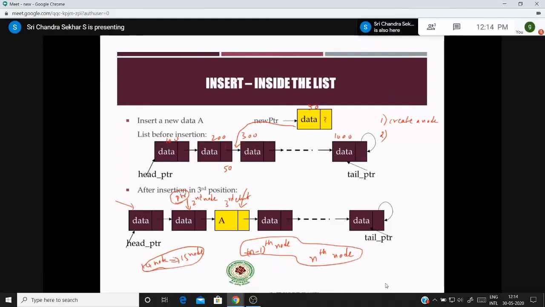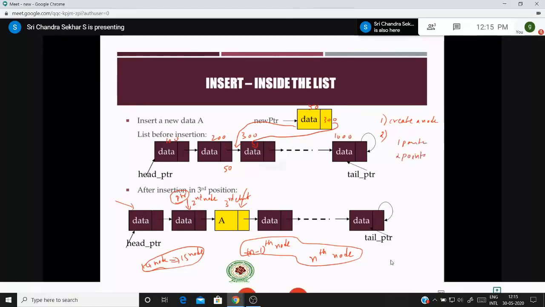Therefore, I make it as 300, right? So understanding this concept is very important. Please concentrate. Therefore, the link part of the second node is modified, that is one pointer is modified, and the link part of the new node is modified, that is the second pointer.